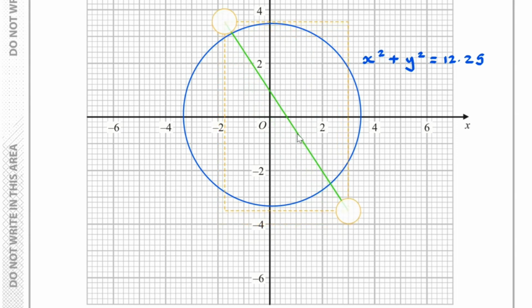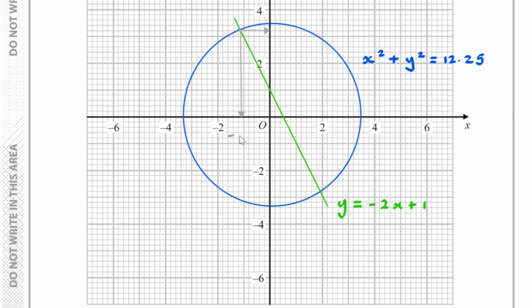It crosses through 1. So gradient of negative 2, so for every 1 we go across, we go here. We've got the line y equals negative 2x plus 1. So now we need to find out the intersection points. Well, we've got an intersection point here and also here,